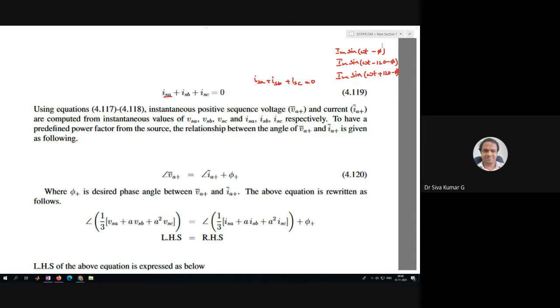But what is happening is there is an angle of minus 5. When you have source currents with an angle of minus 5, then it is supplying the reactive power. That should not be. The compensator has to supply the reactive power required by the load. For that, what we have tried to make out is this equation.